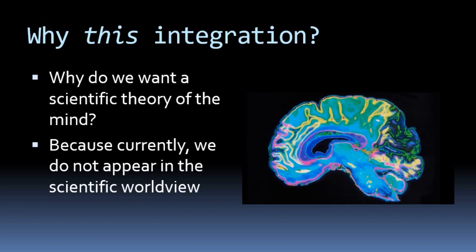There's no place currently in the scientific worldview for all of the best parts of you. The parts of you that, for example, understand the world around you. We don't have a scientific theory of understanding. We don't have a scientific explanation for how you generate scientific explanations. We have no place in science for agents who care about the world. We're working on it, but